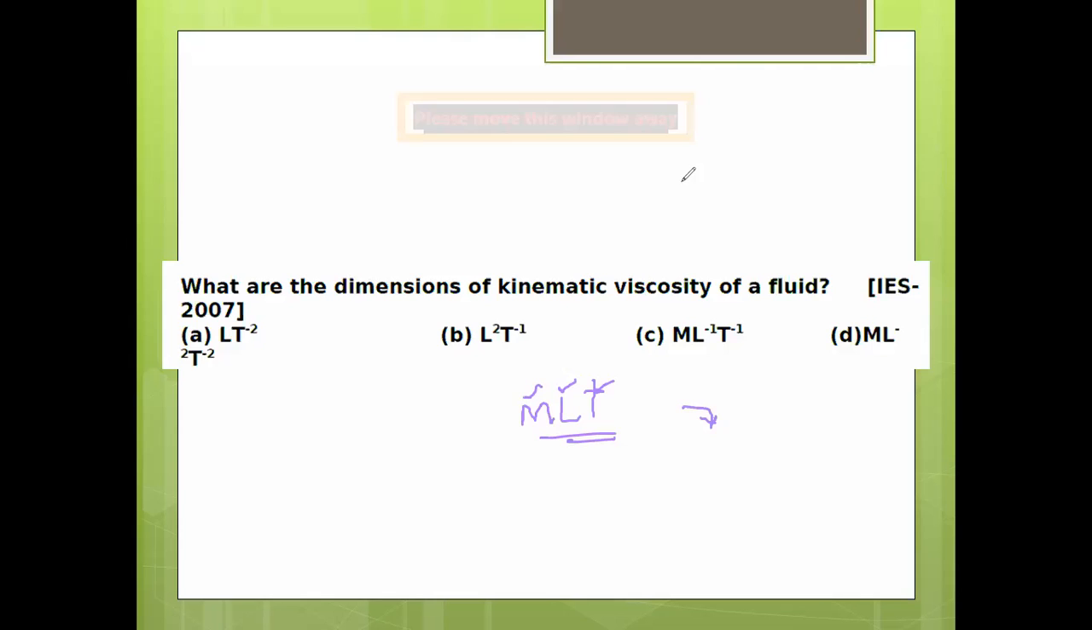For example, what is the unit of kinematic viscosity? We have seen it is meter square per second. So in dimensional analysis, length is measured in meter, so here we can write L square, and time, the unit is second, and time is represented by letter T. So it is L square per T. Like this we can write L square and T to the power minus 1. So this is the dimension of